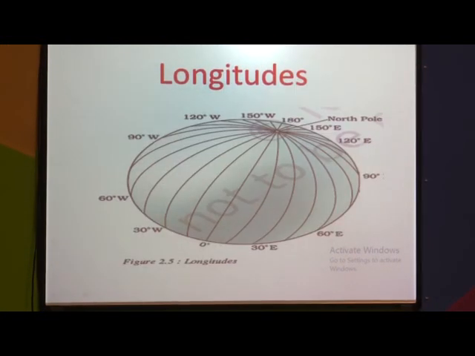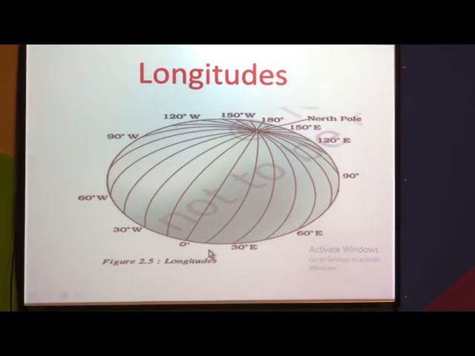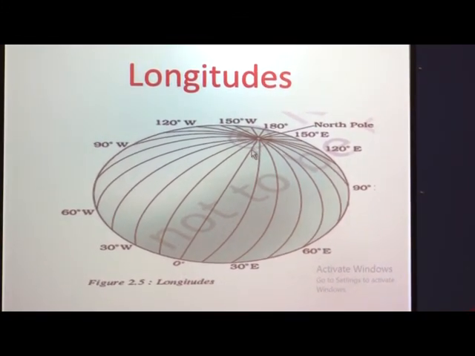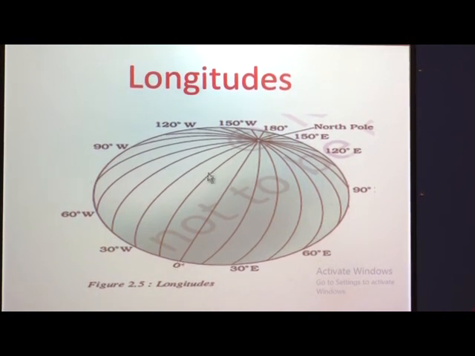Okay. Now see, this is 0 degree longitude. This is a very important one, called the prime meridian. Then to the east of this prime meridian we have these many longitudes. This is 15 degree, again this is 30 degree east, again 60, 90 degree, then 120, 150, and the last one